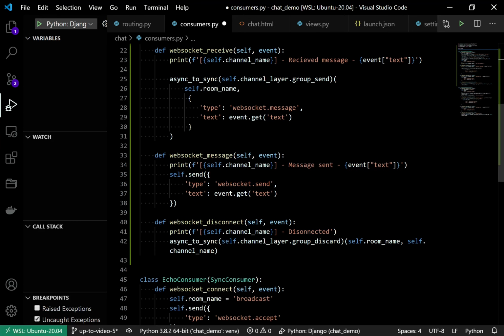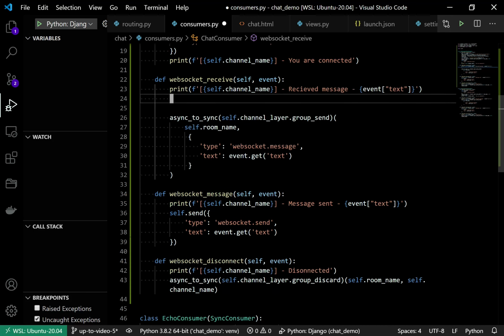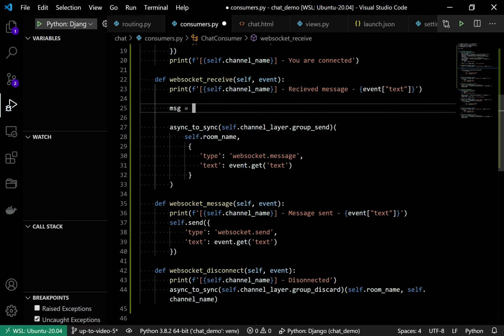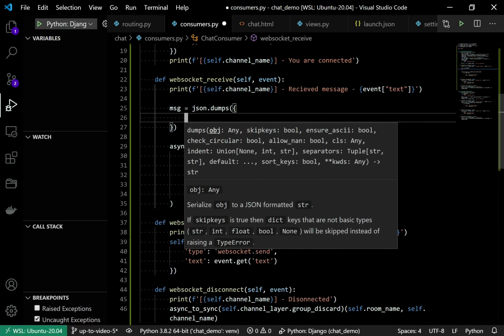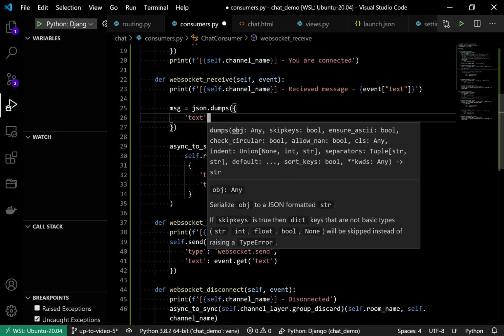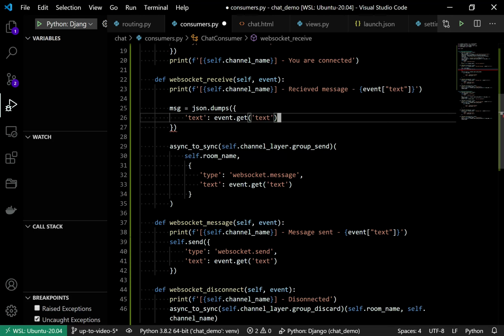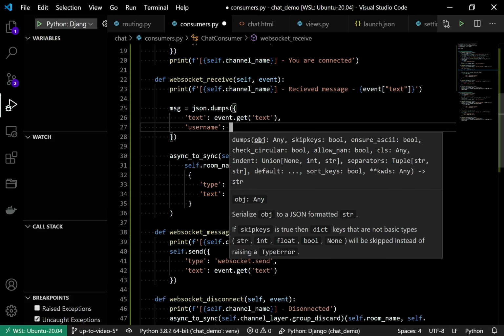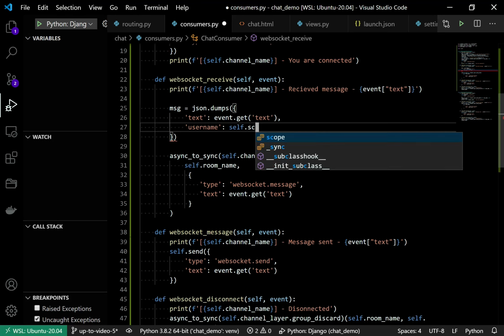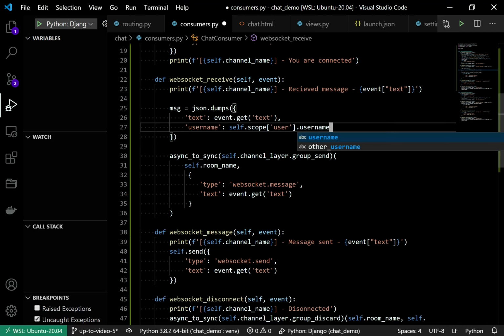All right, and we are going to create the message here. msg is equal to json.dumps, and I'm just going to dump that dictionary to a string. The first key is going to be text, as we already had that, event.get text, and the second key is going to be username, and that is going to be self.scope user.username.